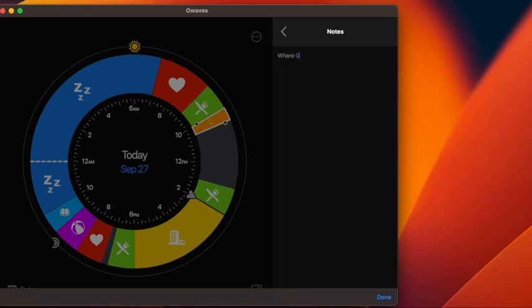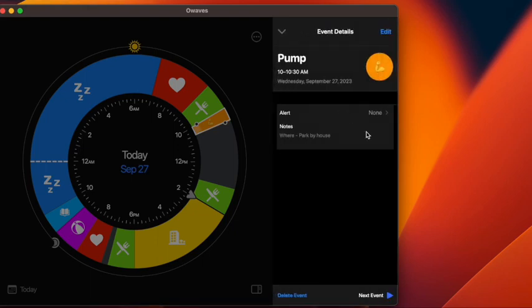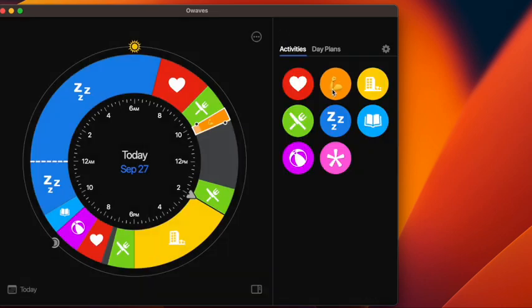Where are you gonna exercise? You can put the location, park, by house, and you can have it alert you as well. So that's the next objective for us, to plan in your movement.